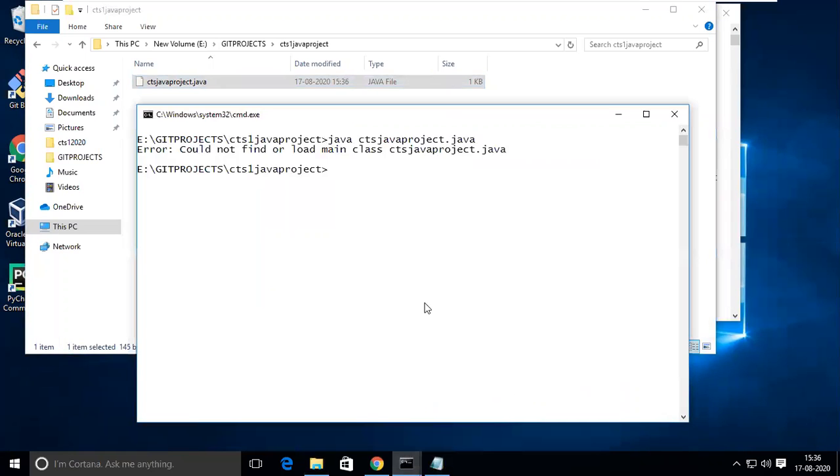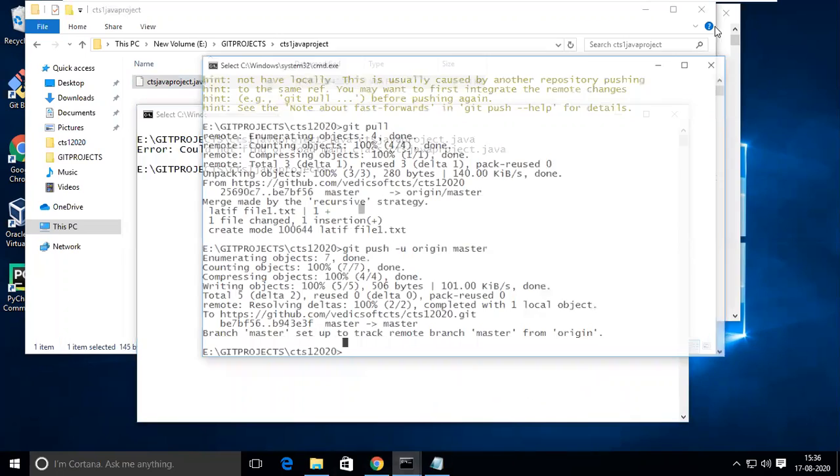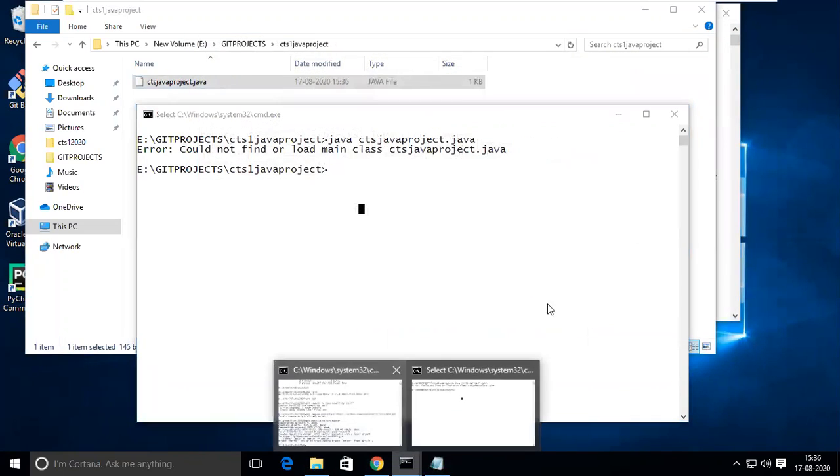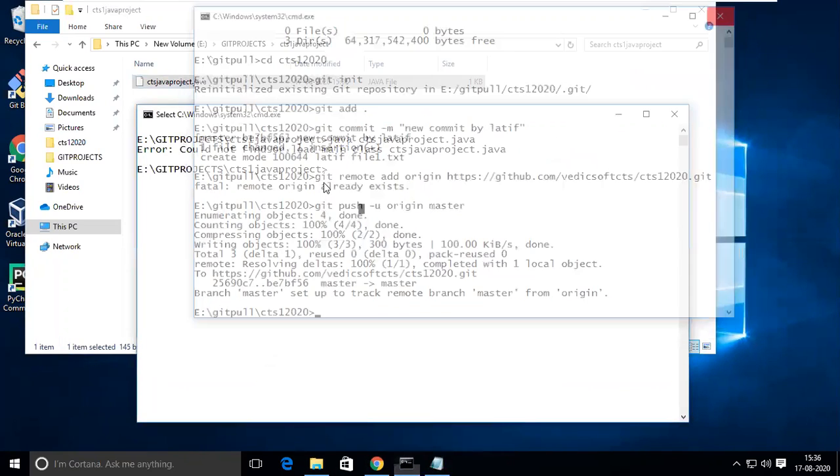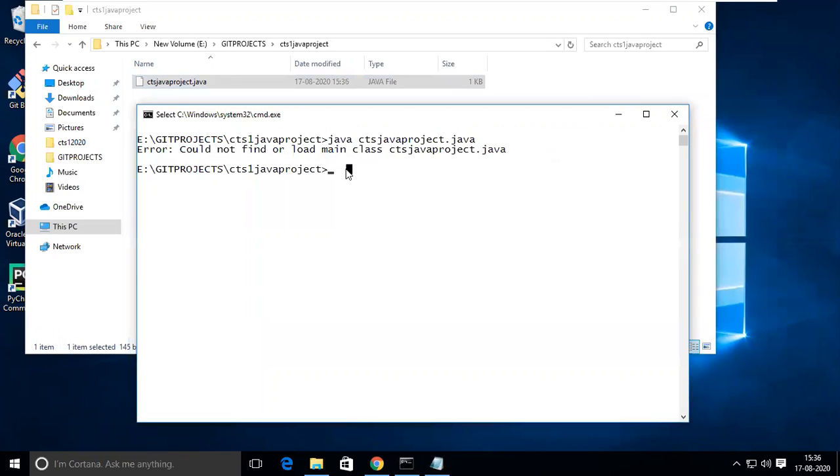A lot of things are open, so I will close all these things so you won't get confusion between this and that. Could not find or load main class CTS.